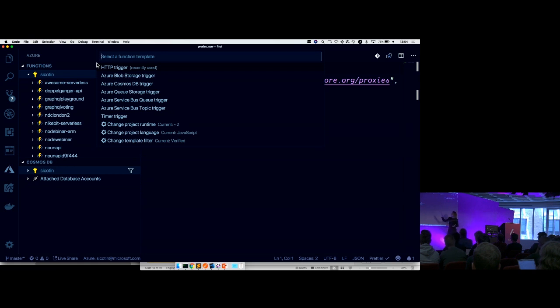So here you can see that we can create functions that react to HTTP requests or to changes in an Azure Blob storage account, or even to queue storage or service bus, and even timer trigger. So we can generate functions that will run at a certain time interval. But because we're building APIs, I'm going to create an HTTP trigger function.